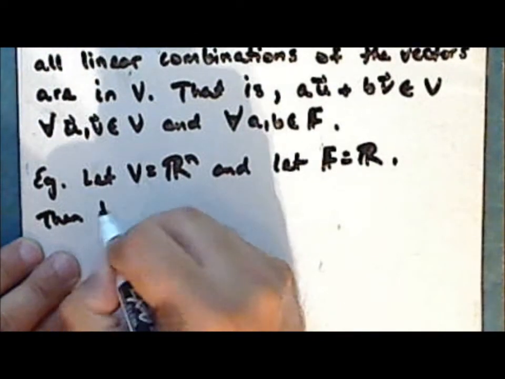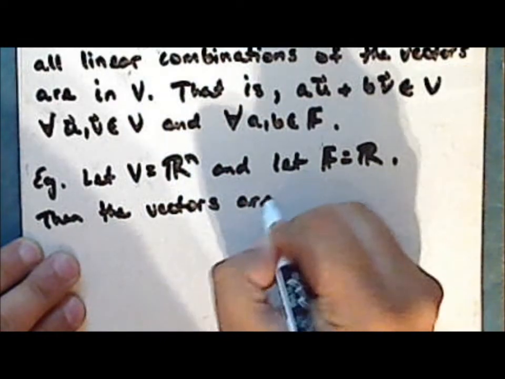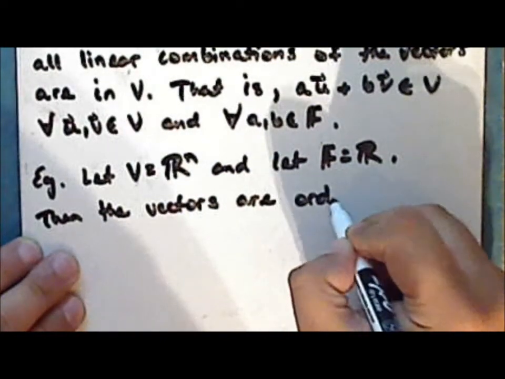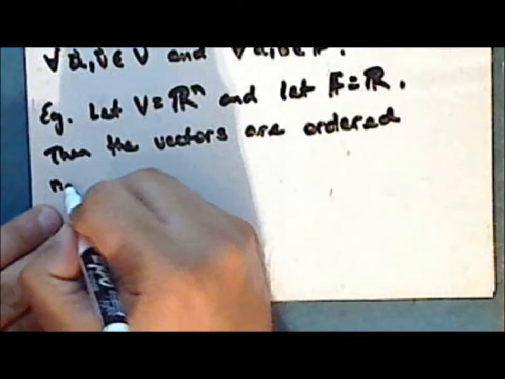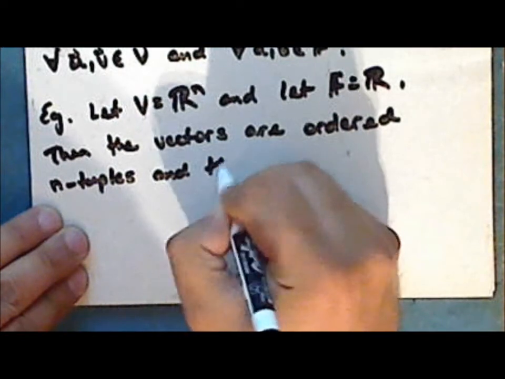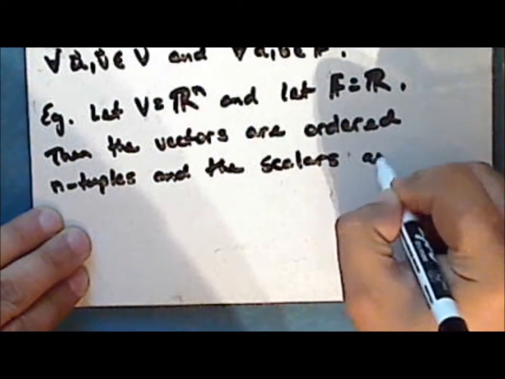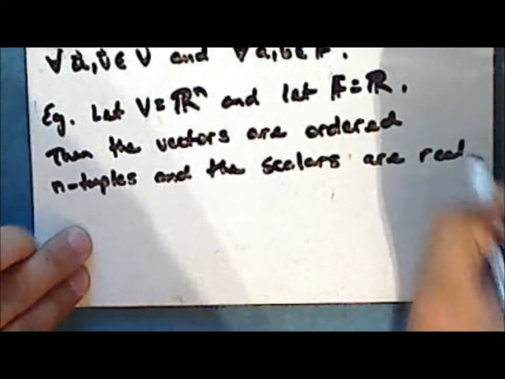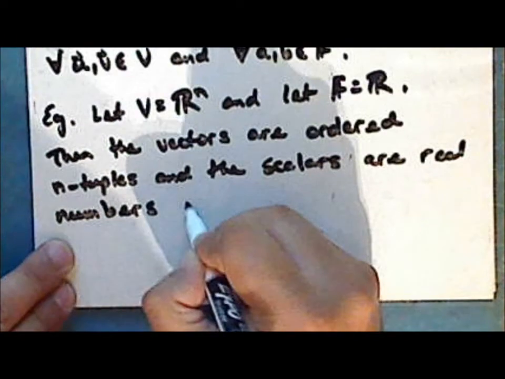Then the vectors are ordered n-tuples, and the scalars are real numbers, where